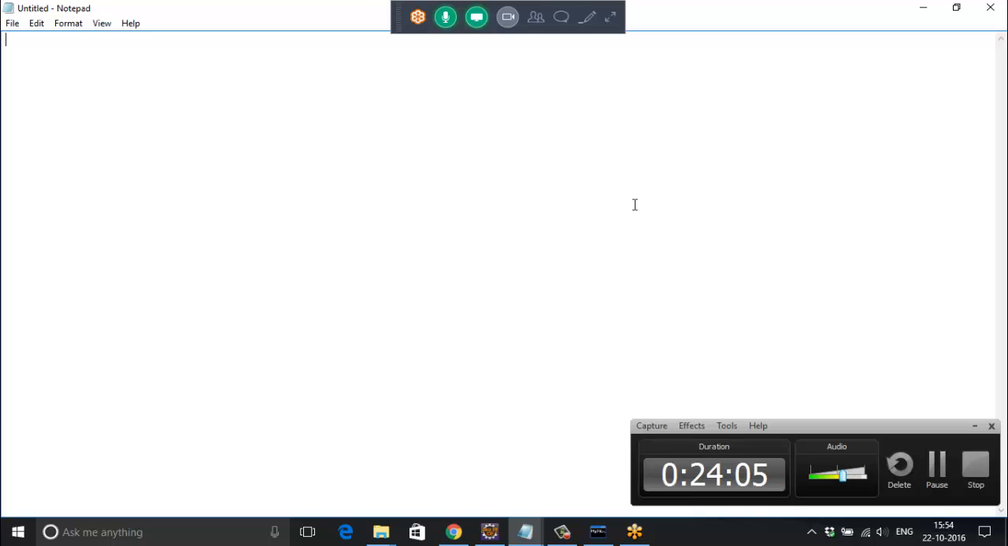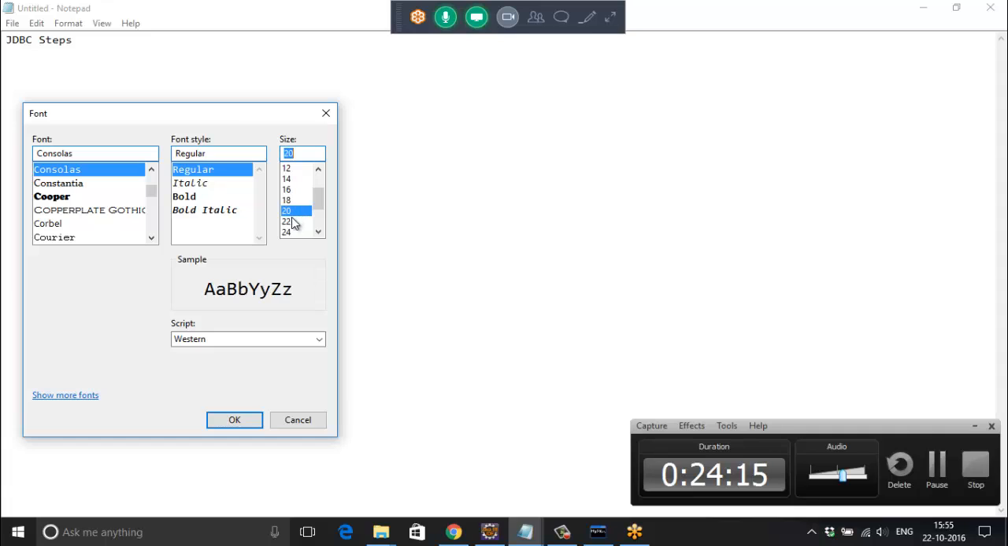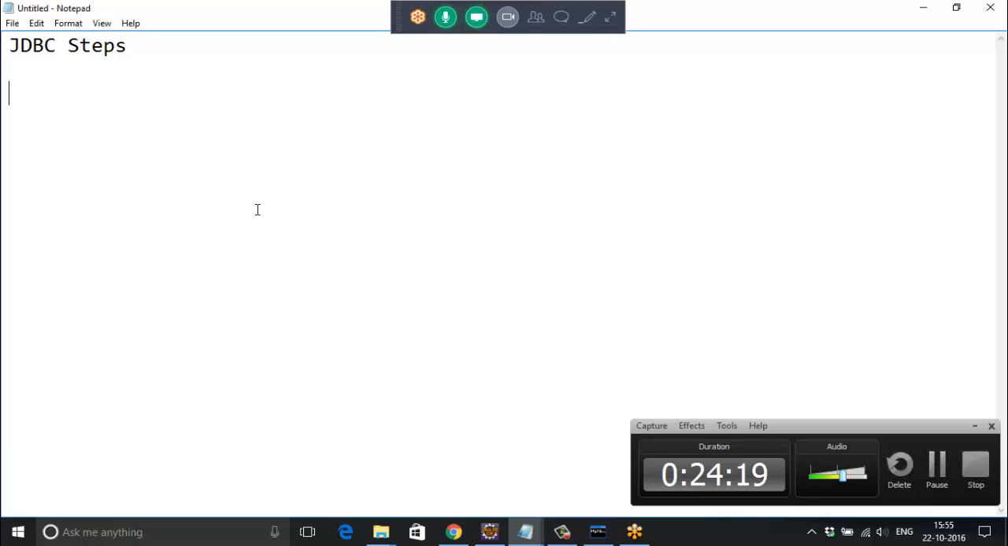The steps are like this. First step is what? Add the driver jar file to the project. We did this one. Second,